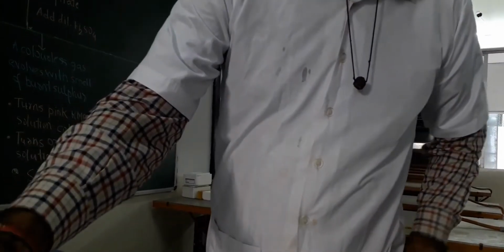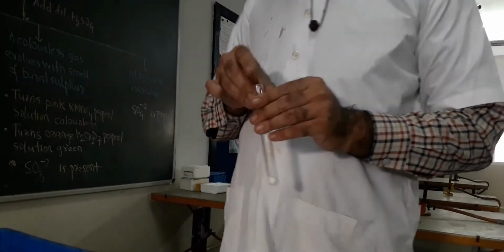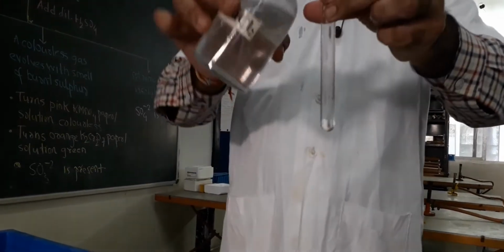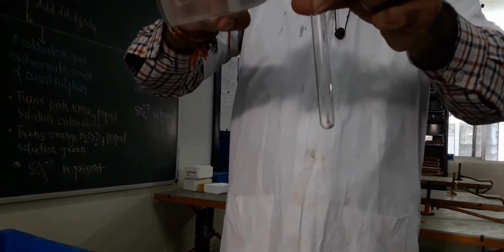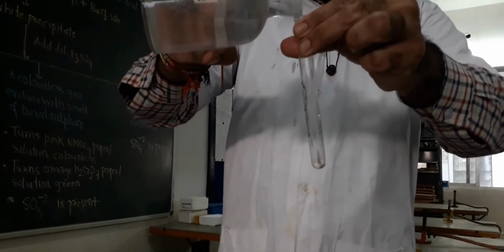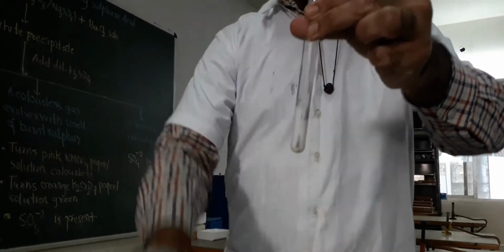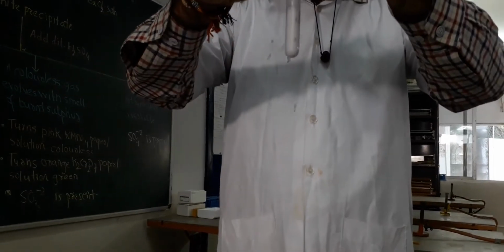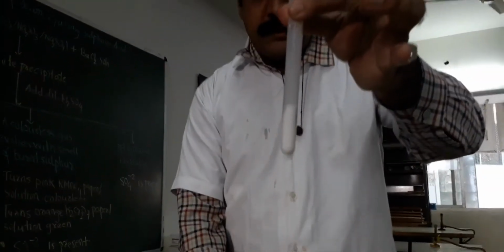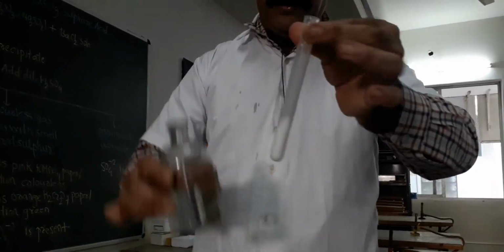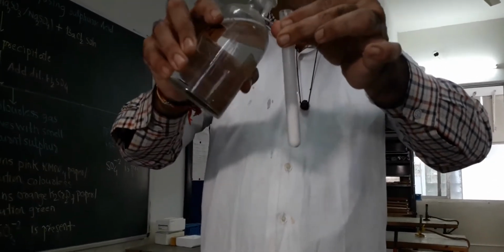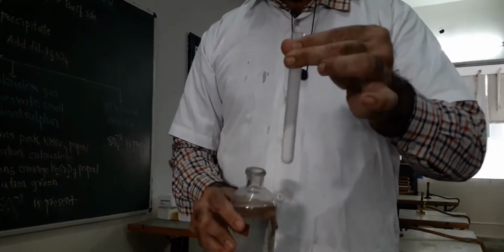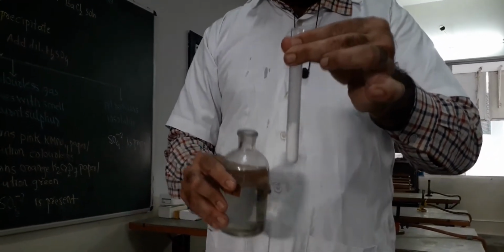Now, let me take another salt, that is sodium sulfide. To this sodium sulfide, I'll add a barium chloride solution. So let me add this barium chloride solution. I'll get a white precipitate. You can see the white precipitate here. Now to this I am adding dilute H2SO4. When I smell it, it smells like burnt sulfur, a suffocating smelling gas.